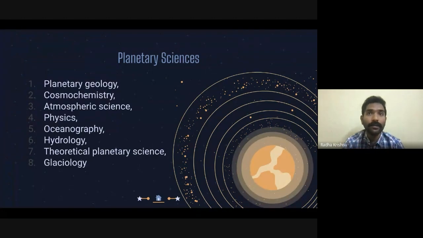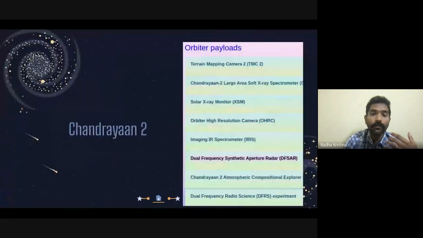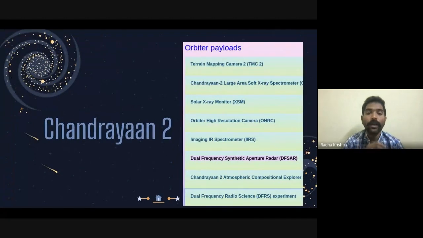Theoretical planetary science here indicates, so for example, if you understand the distribution of mass across the solar system, you can sort of tell how was the breakdown of the solar system that was happening when it was forming, the solar disk, as we call, etc. And glaciology is the study of ice caps, and ice caps actually exist in a lot of moons also that we are actually studying. Now, I want to take you through some examples so that you understand what is happening